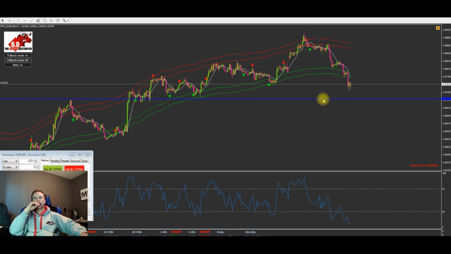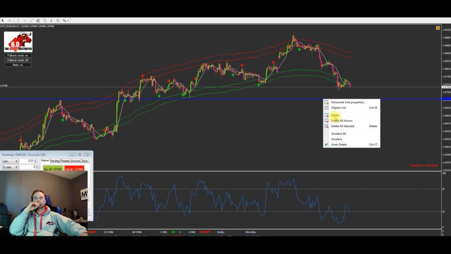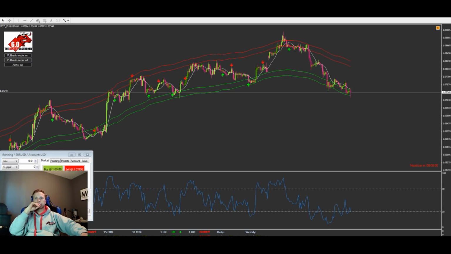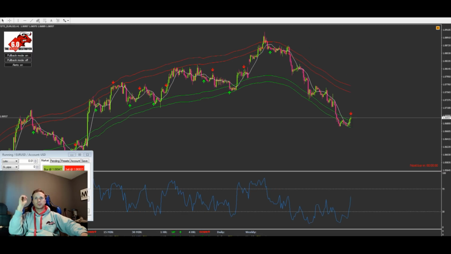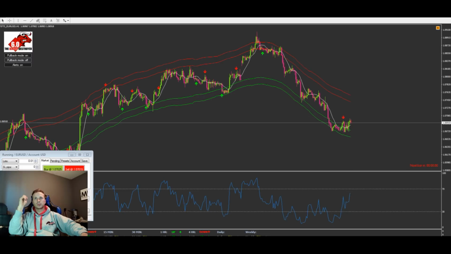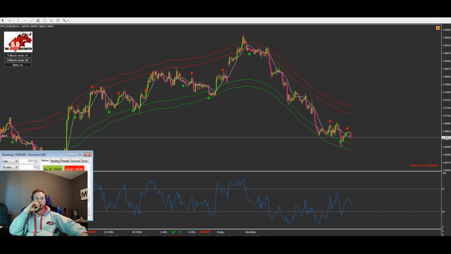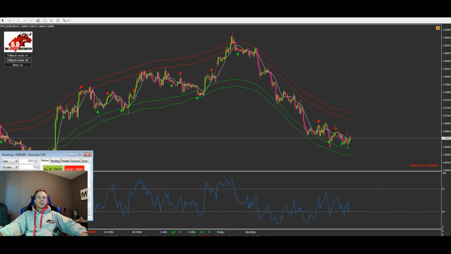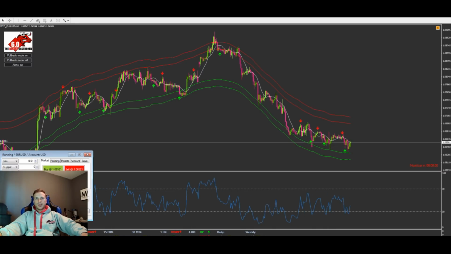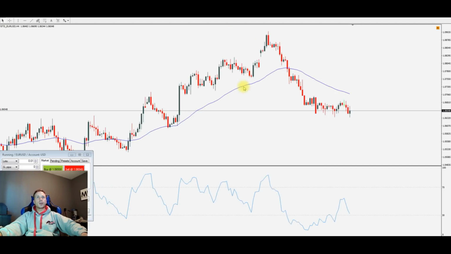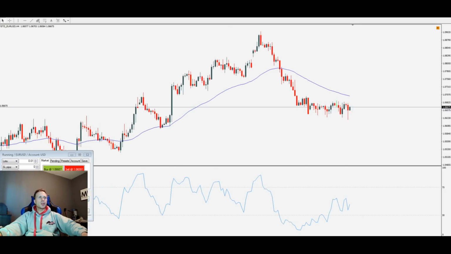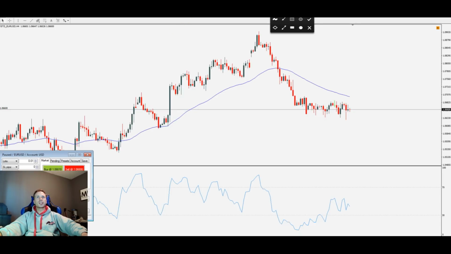I'll just delete my lines here and we'll carry on. Just speed it up a little bit more, see if we can get some. All the time I'll be looking at the 4 hour. Notice how we come down now. You can see it perfectly, the momentum switching on this, look, almost like we were literally 10 pips off